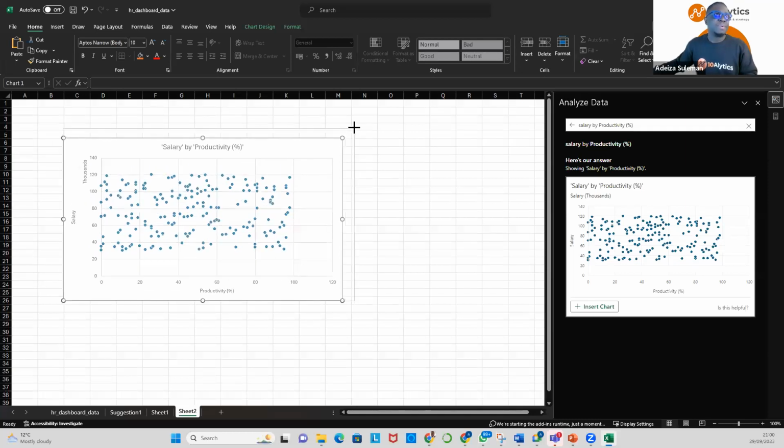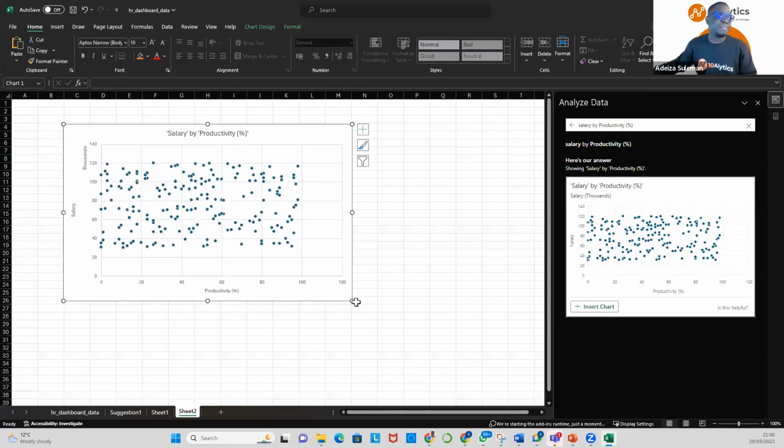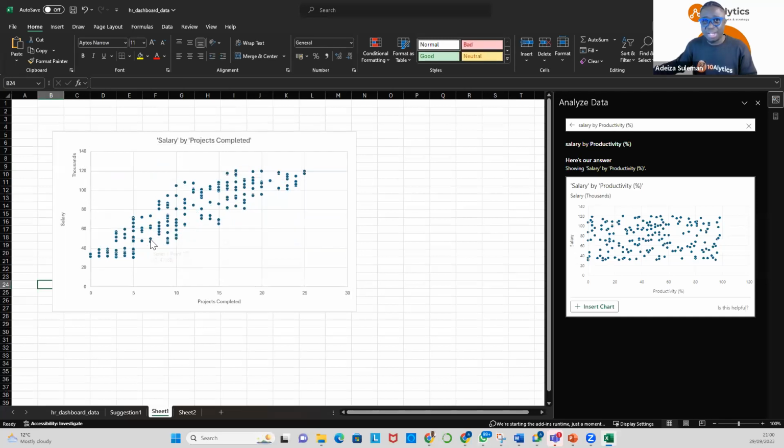Now, this is what I have. I have salary on the y-axis and productivity on the x-axis. Remember what we saw here? We could see clearly that the line was tending upwards. If we add a trend line to this chart, the one for salary and projects completed,